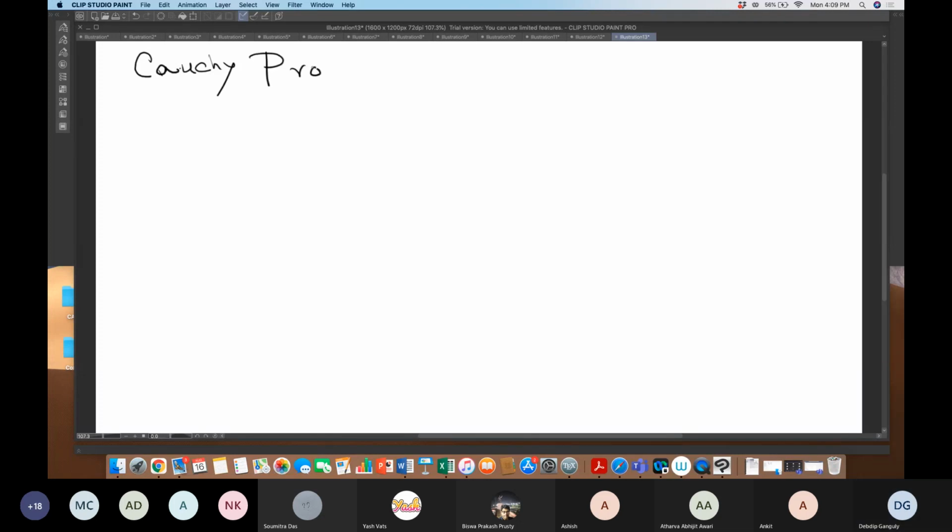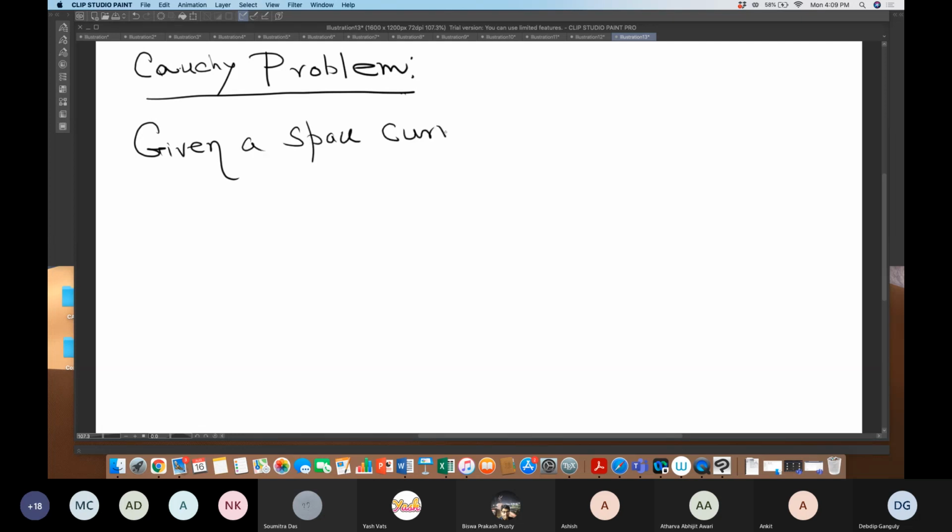Cauchy problem. What is that? Given a space curve gamma in R3. So gamma will be of three components, okay? X(t), y(t), z(t) or something like that. Whose projection